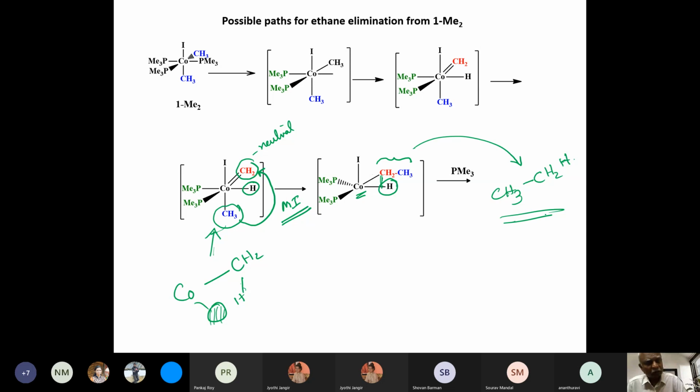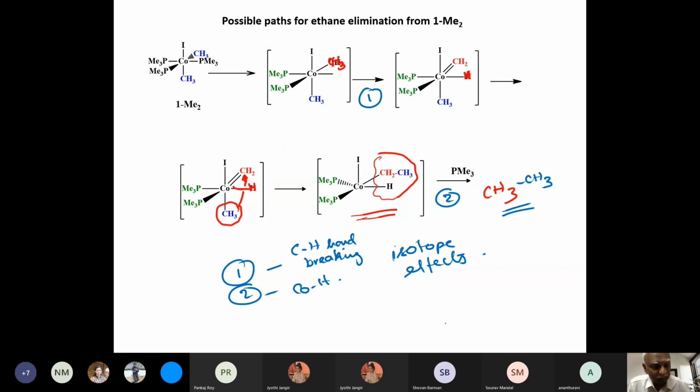And so maybe that is the reason why you have to generate this vacant site and the subsequent formation of this. This is the starting material going to a vacant coordination site, a 5-coordinate intermediate, and the 5-coordinate intermediate becomes this species and then subsequently does an elimination. This is a very convoluted pathway, but nevertheless, they figured out if this is happening, then this might require a vacant coordination site.